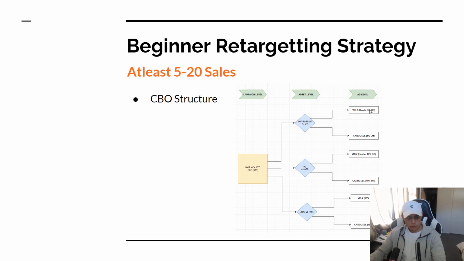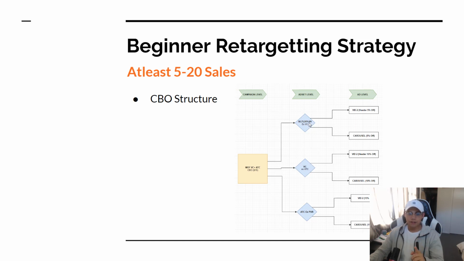Okay, this is what the structure of your CBO will look like. Ignore the name here, the campaign level name. Basically, you're going to have the retargeting campaign, budget optimization, $15. Okay, so the first one, you want to create an ad set with a custom audience of 50%, 75%,